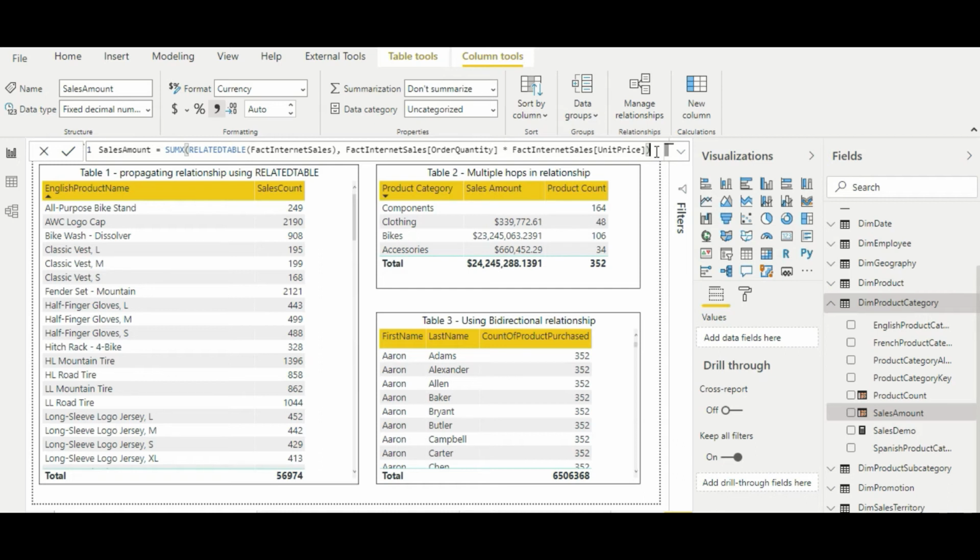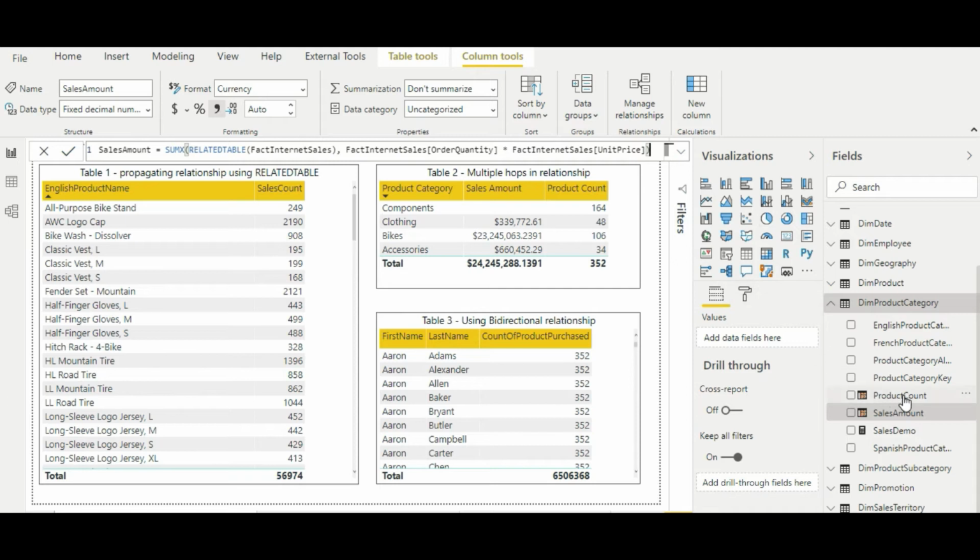So what I have done here is I have used the RELATEDTABLE function because we are fetching the rows from the many side to the one side, and you can see that we have used the SUMX function to calculate the sales amount. So inside the SUMX function, the first argument is the table name or the table, or we can use a table expression also. So this is a table expression which returns the table. So we are using RELATEDTABLE in order to fetch the rows for each product category, and then we are doing the operation to calculate the sales amount as a second argument. And in this way the SUMX function is returning us the sales amount for each product category.